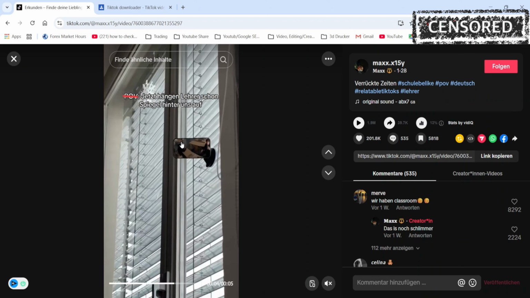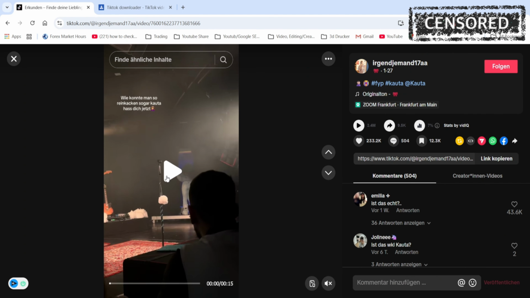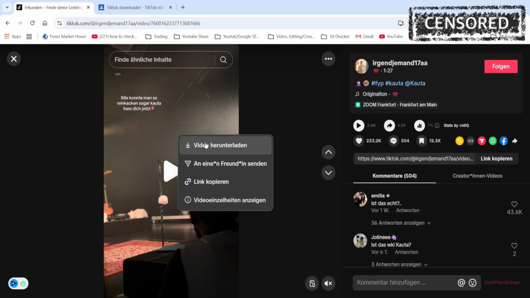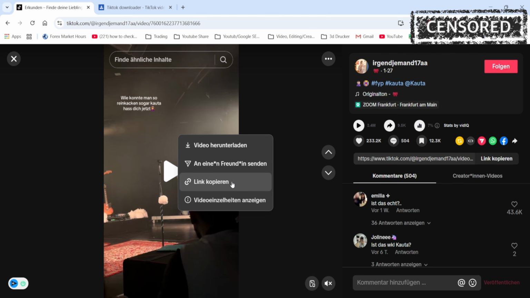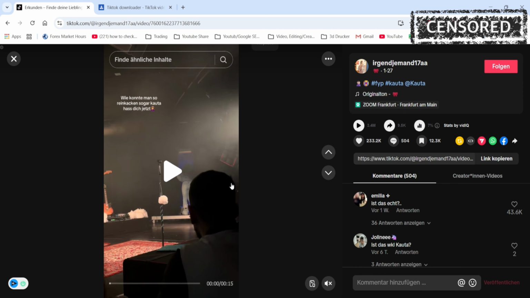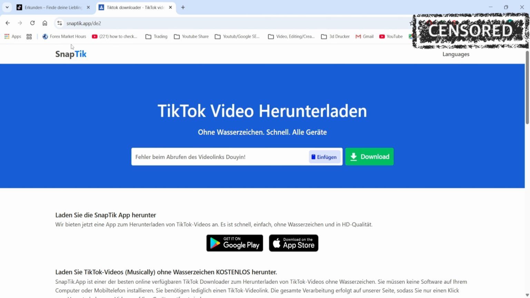Once we open the video, we can pause it, even though we're going to do right click, not download the video, because the watermark is going to show up. So we're going to just copy the link, and we're going to go to a site called snaptic.app,